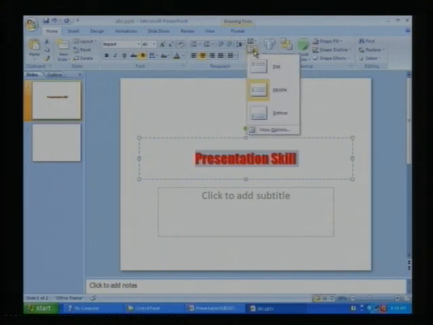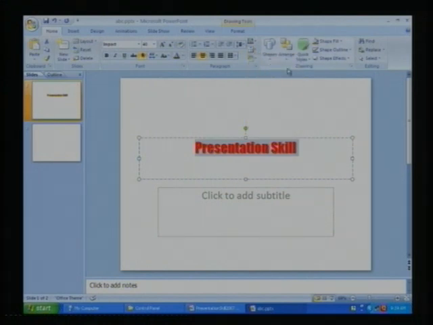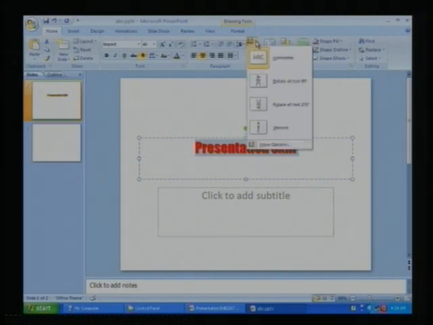You can align content horizontally as well as vertically. Assume that I am specifying the top alignment, so the text will be arranged top aligned. Horizontal alignments are left, center and right. Vertical alignments are top, center and bottom.